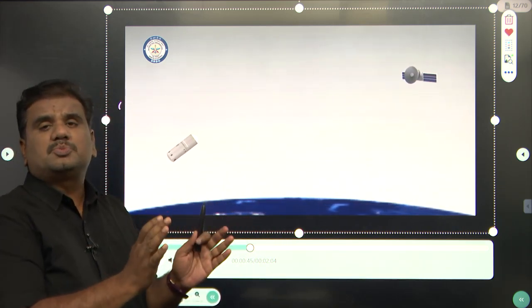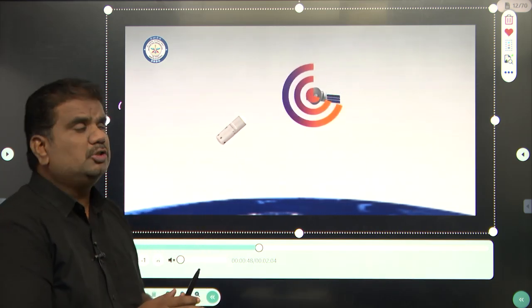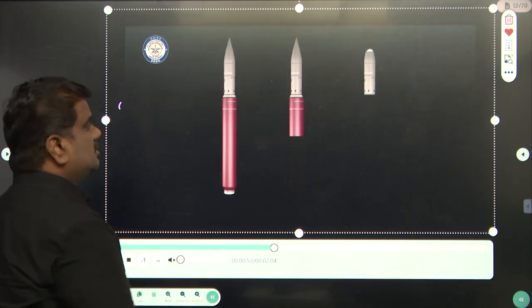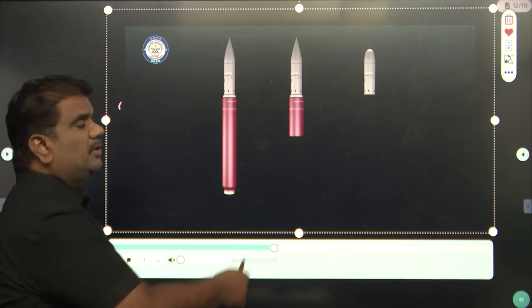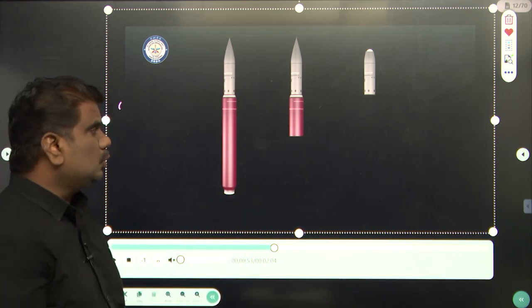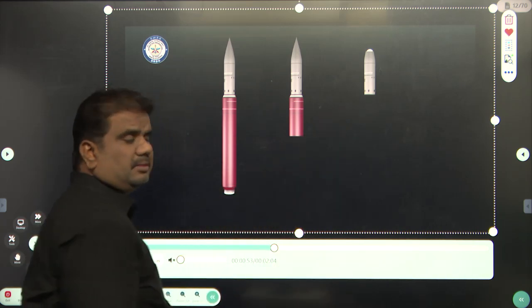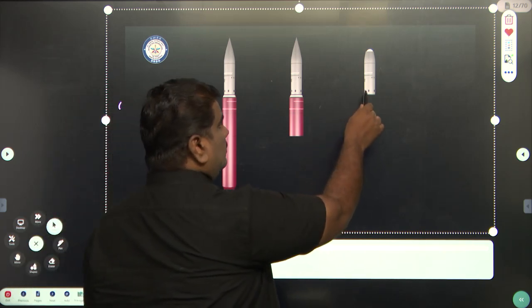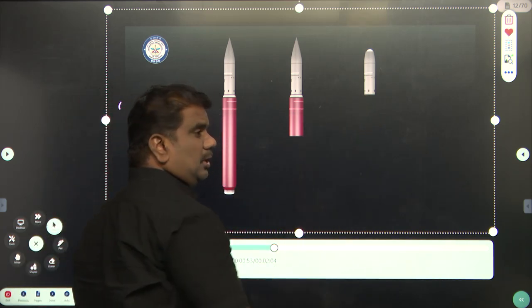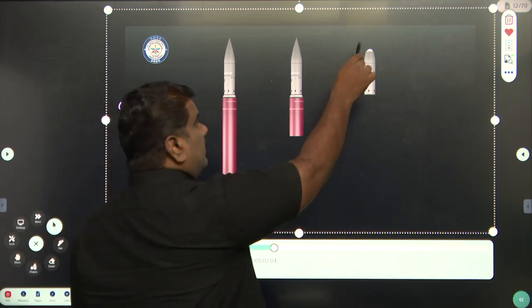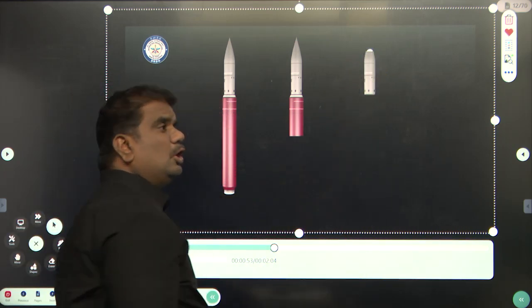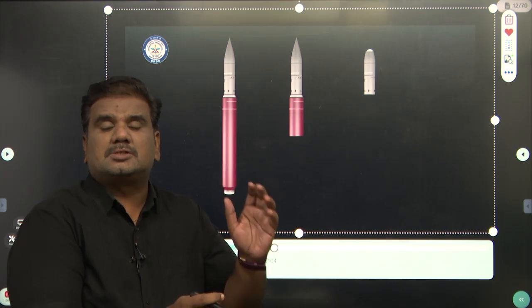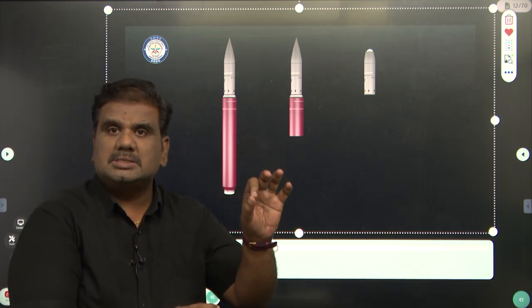Now the question is, how will this mission be carried out? Basically, we are talking about the case of a missile. Each Prithvi Defense Vehicle Mark II will have three different stages, three different parts. Out of all of these, this one is going to be very crucial, because this is the place where you have the laser guided device which is used for destroying that satellite.